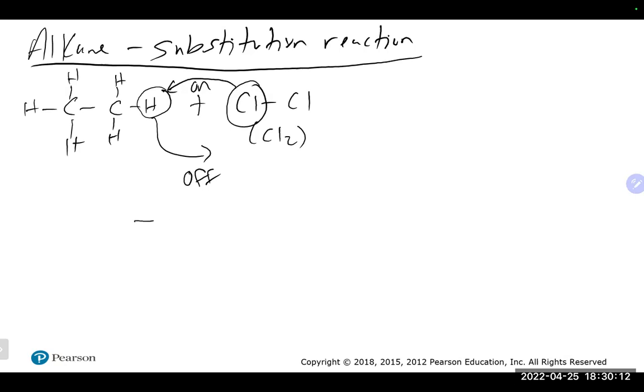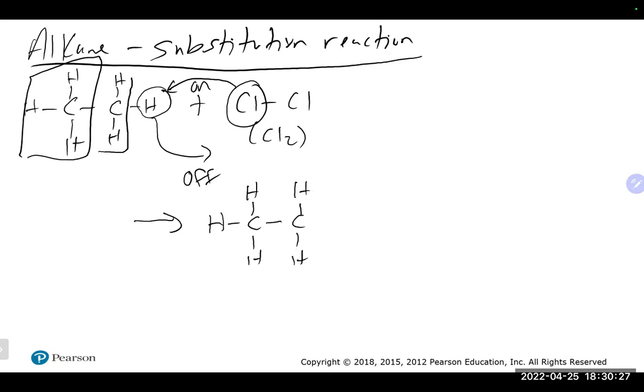And absolutely nothing changes except that one spot. So everything else is exactly the same. So what I had here is exactly the same as what I just drew. Still have the carbon and the hydrogen, which is this part of it, exactly the same. Only difference is I'm going to get rid of the hydrogen and pop on my chlorine. In addition, the hydrogen came off and we have an extra Cl, so we make HCl as the other thing that actually gets made, but the organic guy is here.